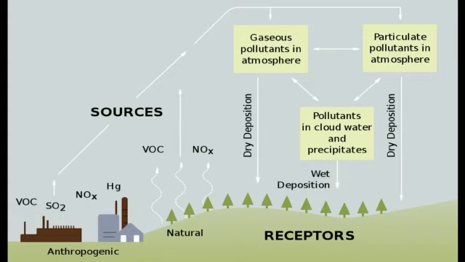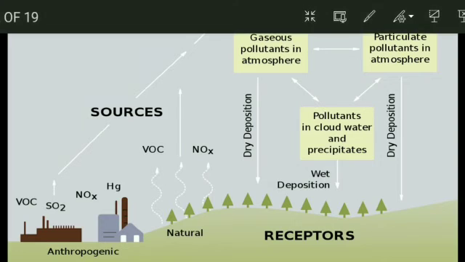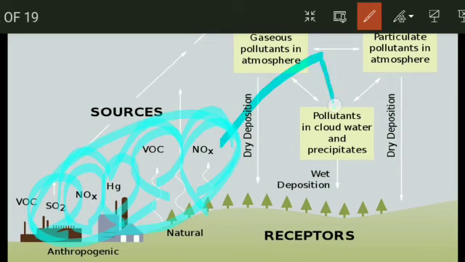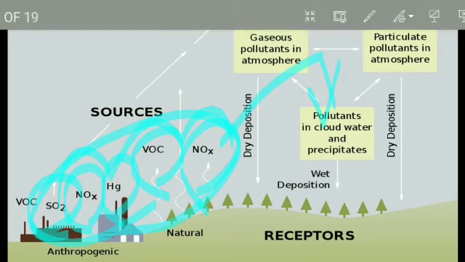So what is the better way to avoid acid rain? To cut short the pollution, to cut short the harmful gases we are releasing into the atmosphere. If we decrease these levels, automatically we won't receive acid rains. This is the second topic, acid rain.